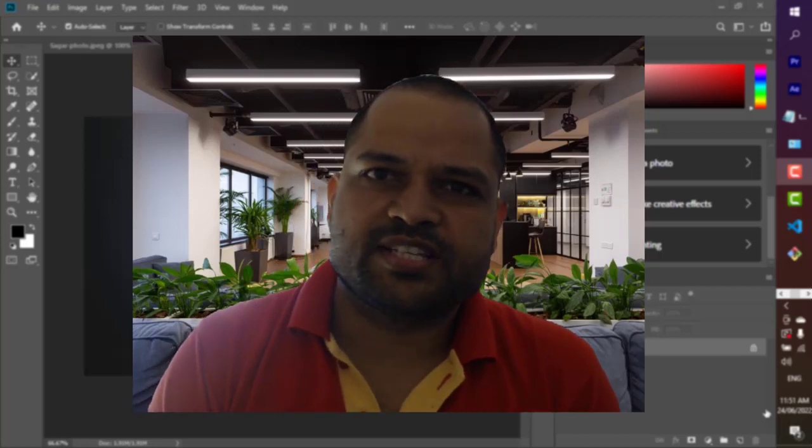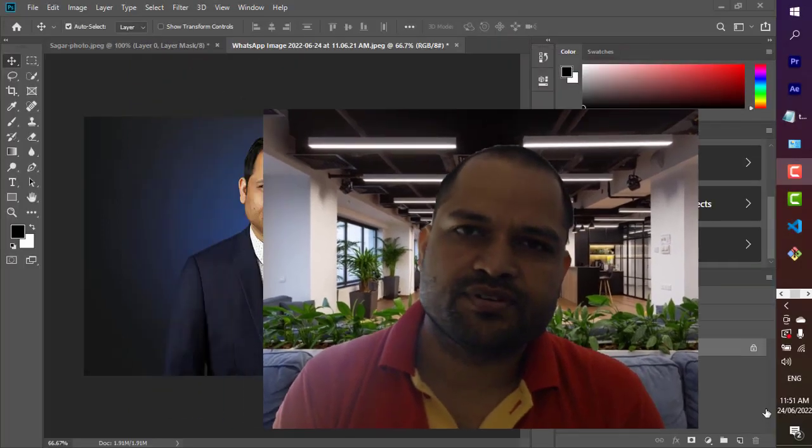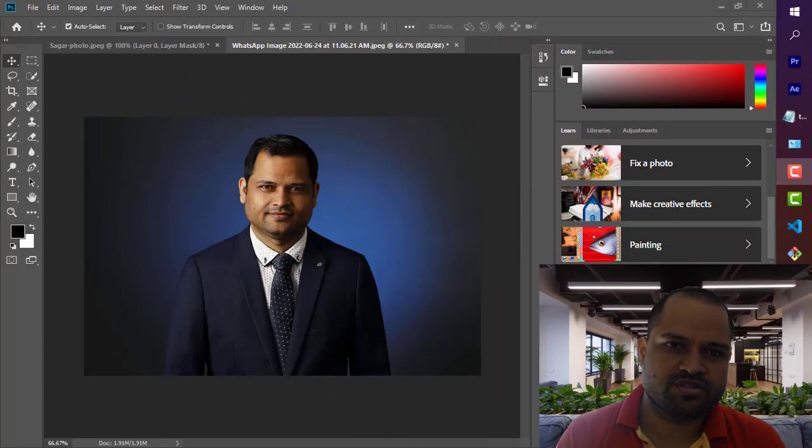In this video I will explain how you can remove the background from your photo in Photoshop. So it's a very simple process. Just open your image in Photoshop. As you can see here, I have opened this image, and to remove this background, all you have to do